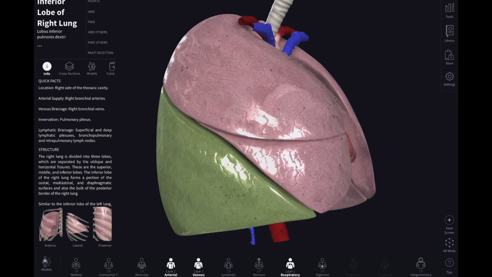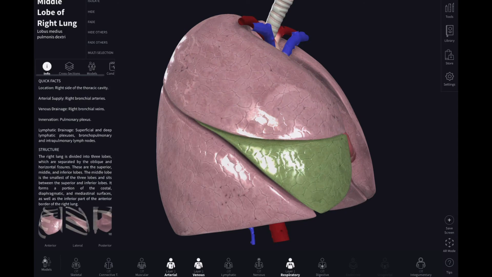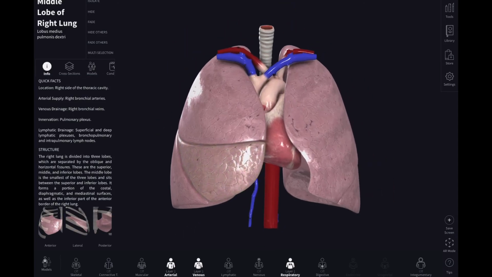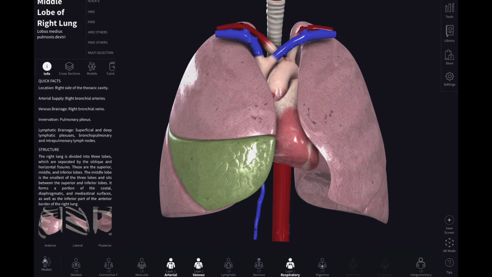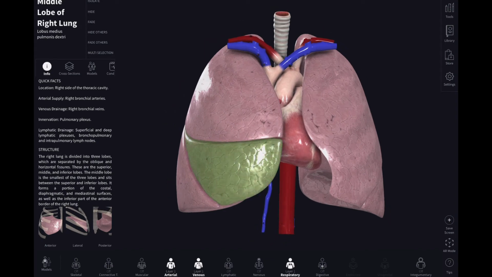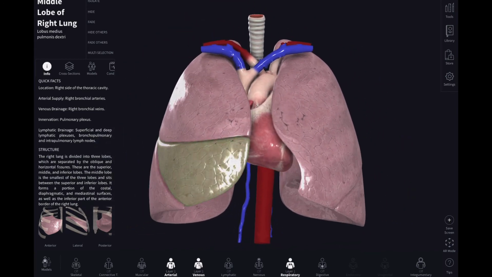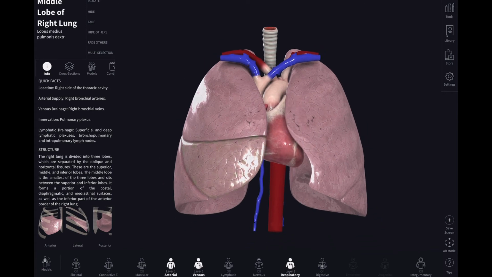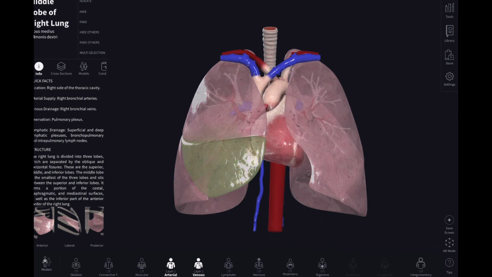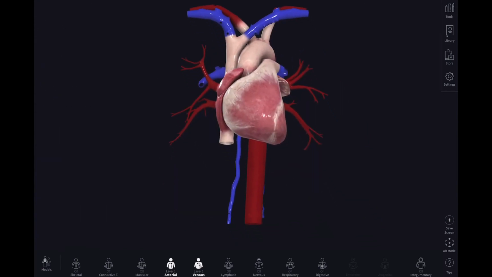You've got inferior, and then you have superior, and then the one in the middle is the middle lobe of the right lung. That's how complicated we're getting. And then on the left, of course, we just have a superior lobe and an inferior lobe. So you have 5 lobes total when it comes to your lungs. All right, so let's go ahead and hide those lungs for now, and let's look at the heart a little